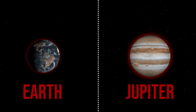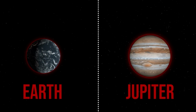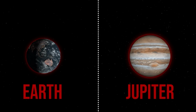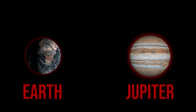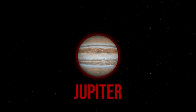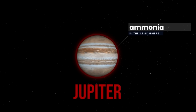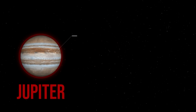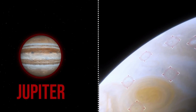It would seem that when comparing Jupiter and Earth, they are 2 entirely different planets in every way you look at them. But surprisingly, there's something uniting the 2 worlds. When scientists studied the chemicals present in Jupiter's atmosphere, they noticed an abundance of ammonia and its puzzling distribution. Some regions have much higher concentrations, and there are even ammonia columns extending from deep within Jupiter and up to